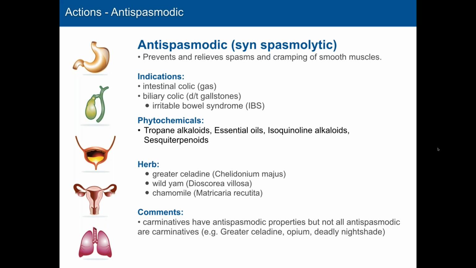Now, the phytochemicals associated with antispasmodics could be a few different types of compounds. Some of these might be essential oils. So some carminatives are called antispasmodics. And I would say that most carminatives have an antispasmodic effect to some degree because they help to normalize peristalsis and they help to relax the smooth muscles. They may not be as strong as some